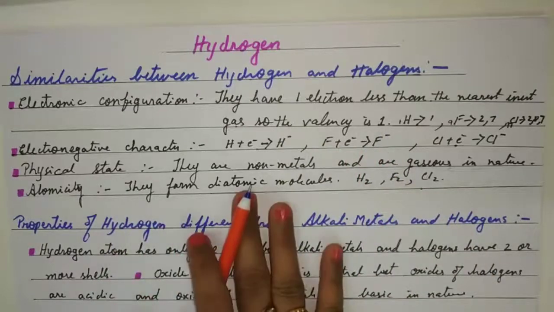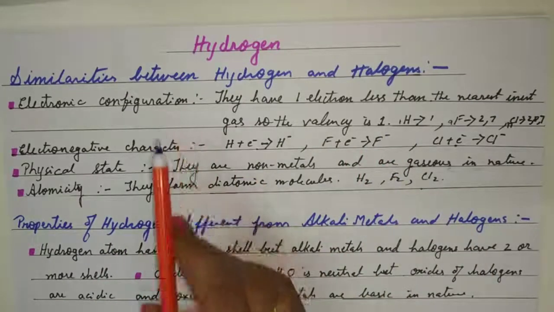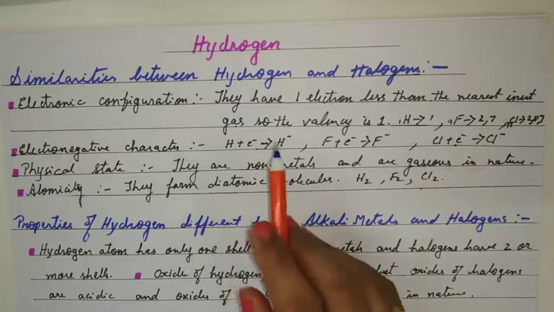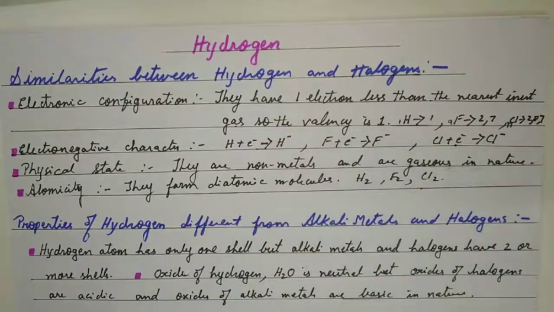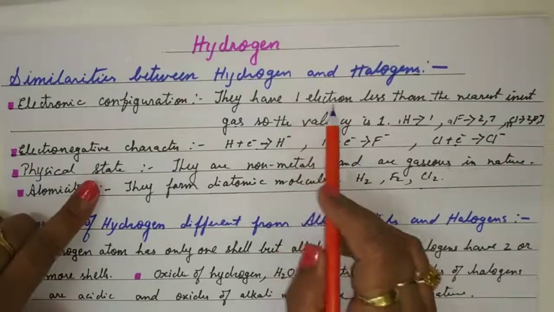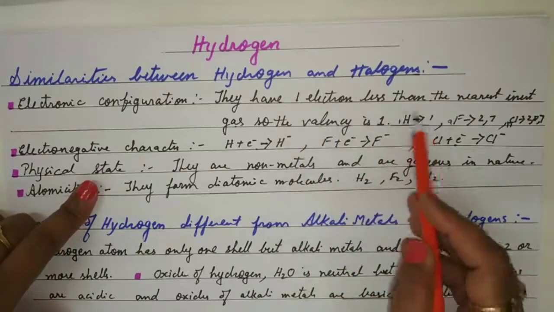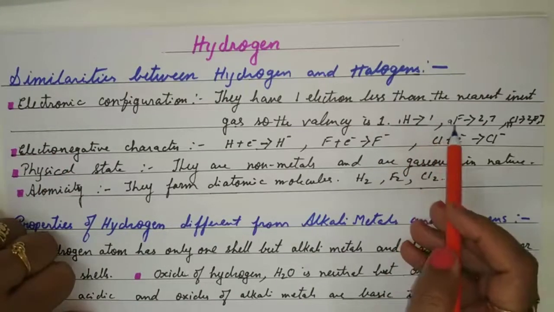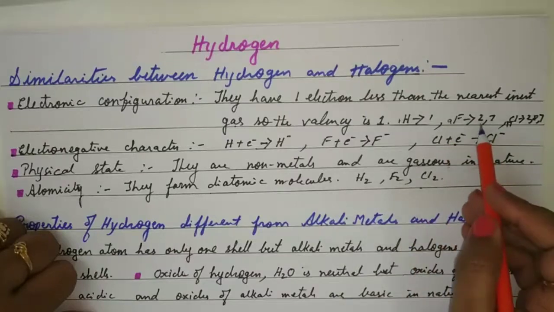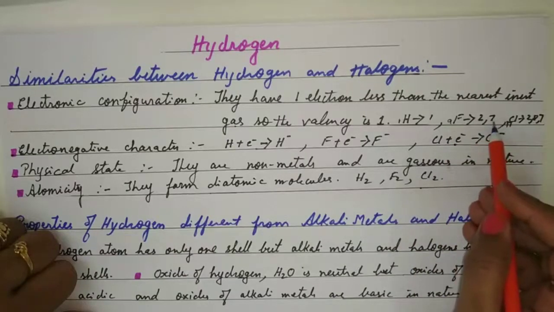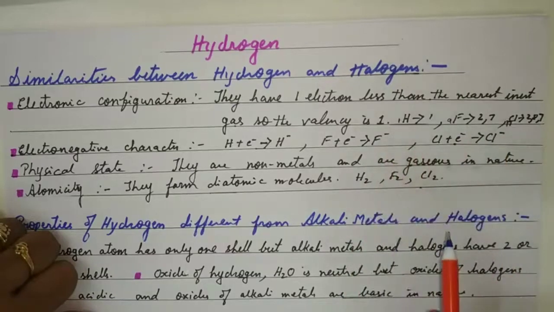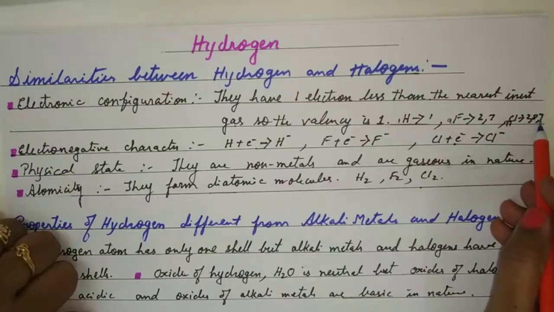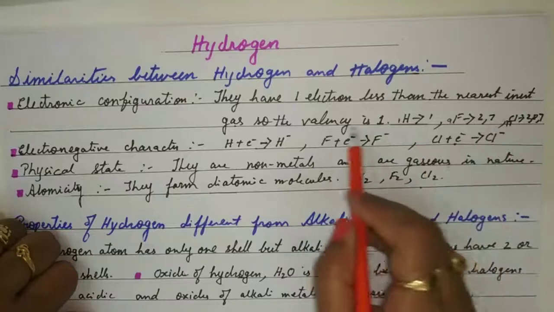Now valency is 1 means in this case there is one electron less, because every atom of an element tries to get a stable electronic configuration by gaining or losing electrons. In this case, they have one electron less, like hydrogen has 1. And the first orbit, that is K shell, can have 2 electrons, duplet. So 1 less. Similarly, fluorine, which is 9, electronic configuration 2, 7, should gain 1 to make it 8 and a stable electronic configuration, like neon. Then chlorine, like argon, can accept 1 more. So they are all 1 less. So the valency is 1.